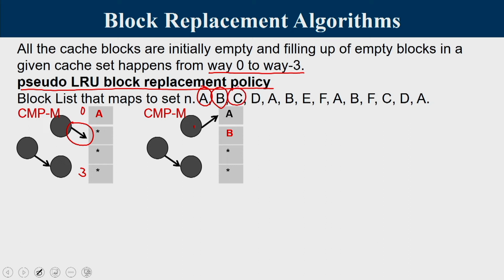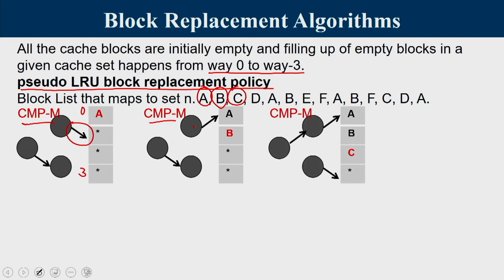Now, going into C, this is also a compulsory miss. CMP stands for compulsory miss. When you go to C, C will be saved in way 2. To access way 2, I have to go to the lower side, this side. That means the arrow which was initially pointing down now has to be flipped up, because when you access C, it is the upper half of the tree that is the least recently used. So, always this arrow is pointing to the least recently used one. Since I am not touching A or B, whatever the arrow position was for the upper subtree, it will remain the same.